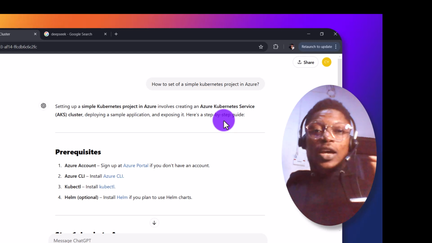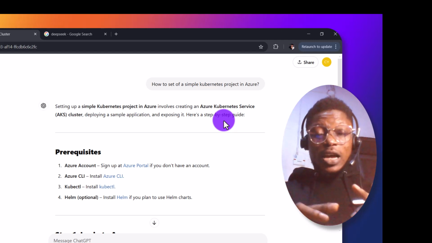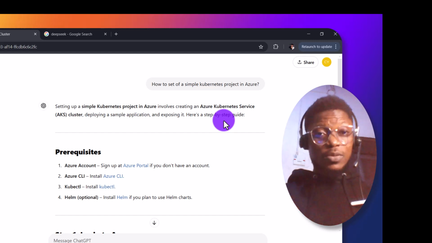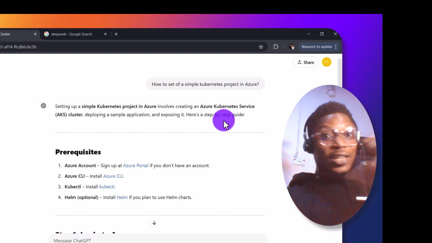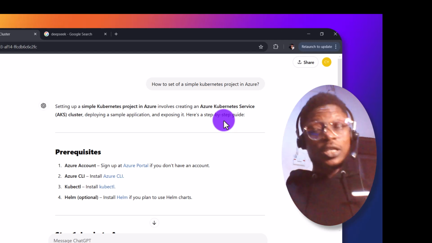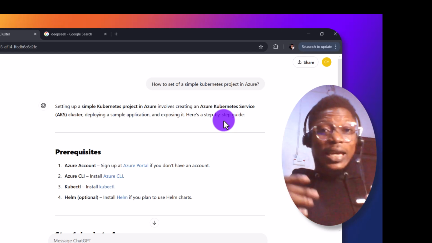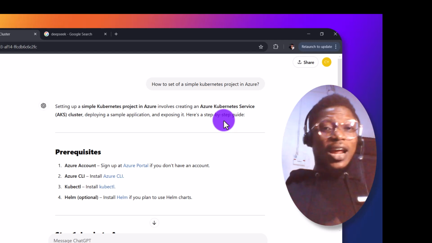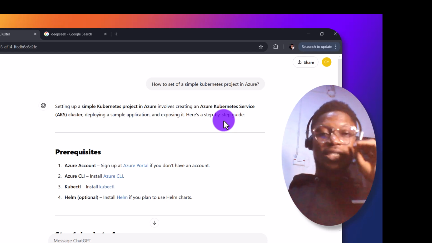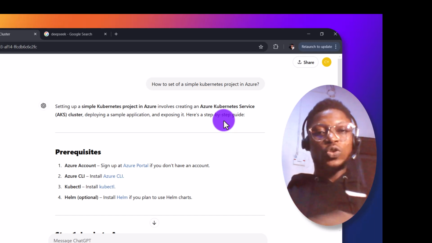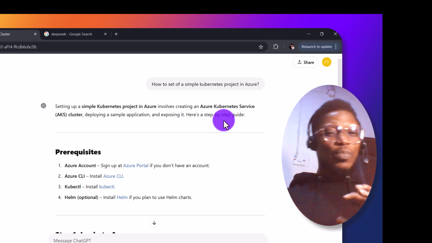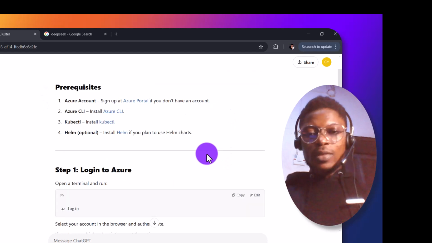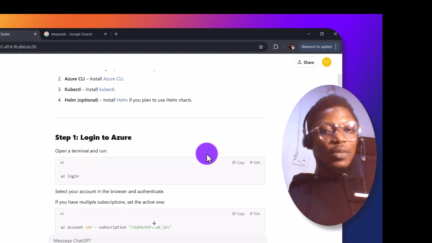People actually mentioned that DeepSeek is faster, but I think because of the high inflow of people trying to use DeepSeek for their own research, DeepSeek is getting so slow these days. They are getting under attack, with so many DDoS, distributed denial of service, attacks trying to make it so slow and so useless. So it's really having so many challenges at the moment, right? That being said, let's check if the steps are similar to this.